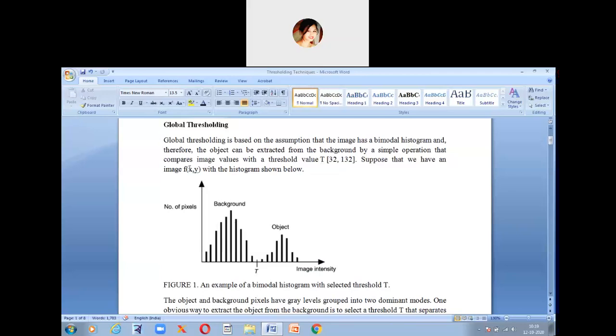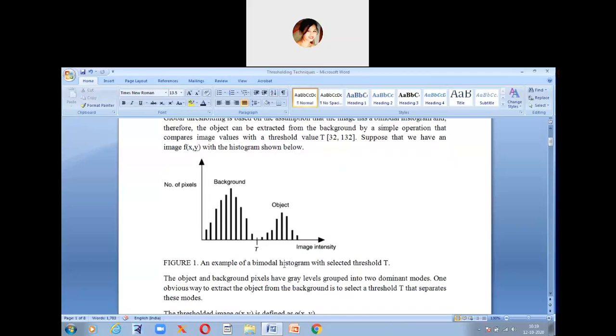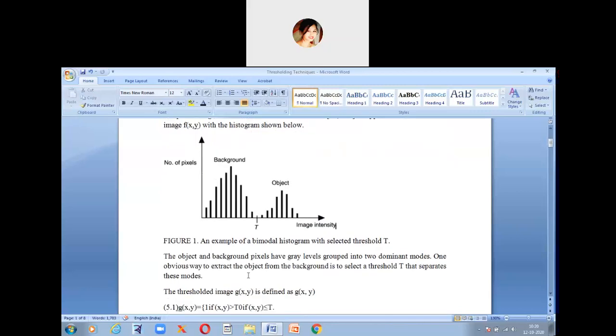This is an example of a bimodal histogram, bimodal because it has two relative data peaks, with a selected threshold T of 32, 132.